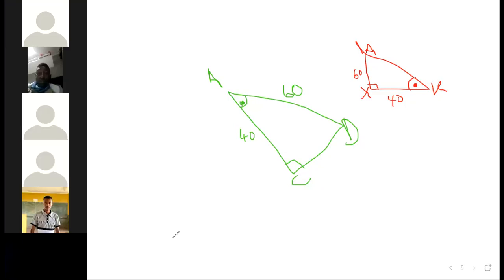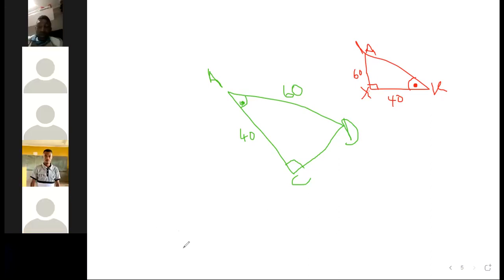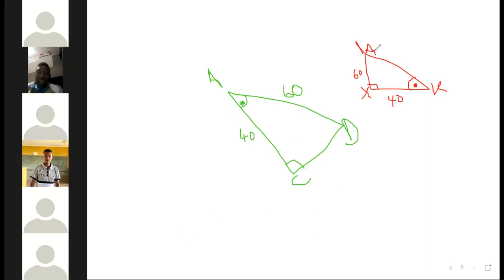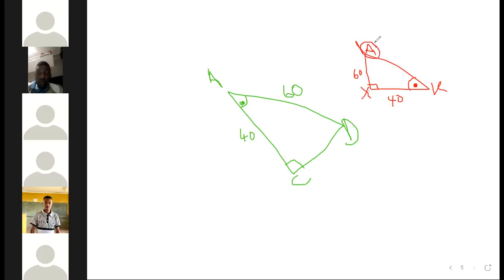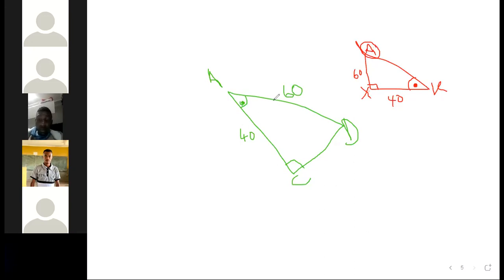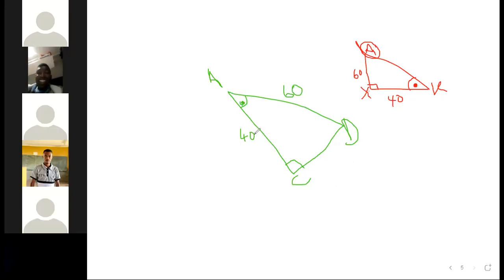Which side is adjacent to A? Here's A. Which side is adjacent? Would be XK. Isn't it XK? Oh, AX. AX is adjacent to A. Thank you. So in this case, can you see that we only have the adjacent side as well as